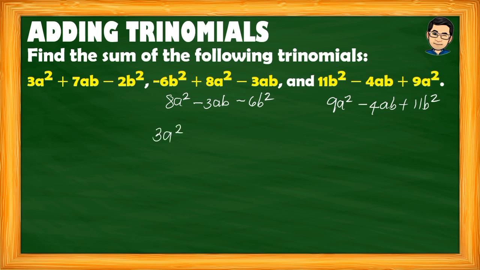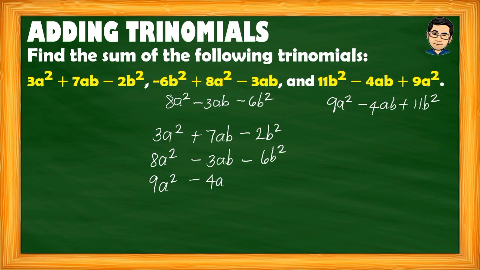3a squared plus 7ab minus 2b squared. Next, 8a squared minus 3ab minus 6b squared. Next, 9a squared minus 4ab plus 11b squared. So, ayan. Papansinin niyo po yung bawat column, pare-pareho po sila ng terms. So, we can now add